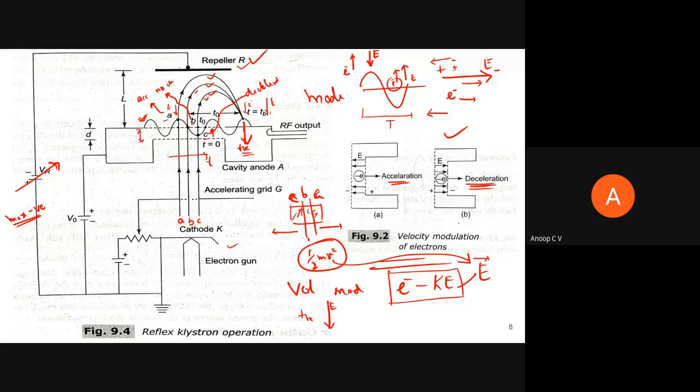So these electrons will transfer the kinetic energy to electromagnetic energy. That is how the noise which is initially present gets positive feedback and you get a sustained oscillation. What you should keep in mind is that for all values of VR, you will not get sustained oscillation. Only for certain values of VR, which make the bunching happen at any of the positive peaks. And you should be using the terms velocity modulation, bunching, debunching and all those steps.